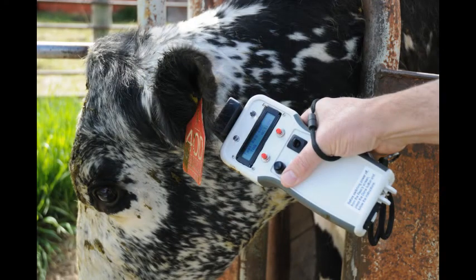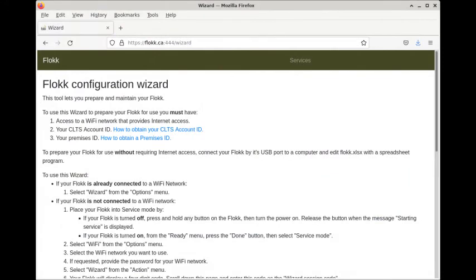Today, I would like to introduce you to the Flokk system for livestock herd management and traceability reporting. There are two parts to the Flokk system. The first is a handheld device purpose-built to be used every day at the animal's side by livestock producers. The second part of Flokk is an integrated set of cloud services that provide user support, data integration services, and